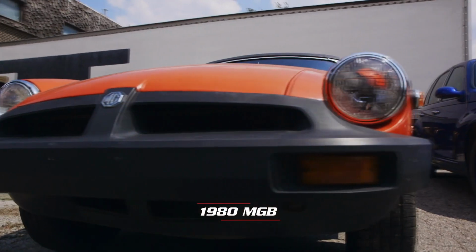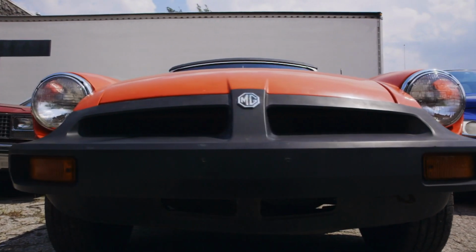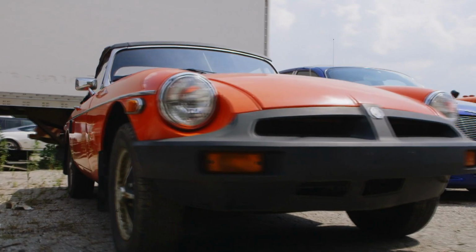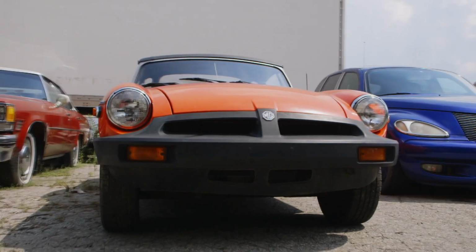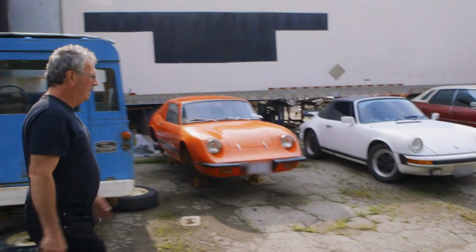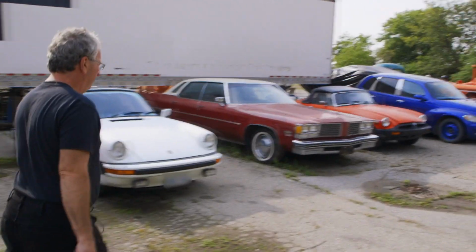I got a call from a lady that just recently moved from Calgary to Toronto, and she has an MGB that she's complaining ran really, really well in Calgary, but is not running well in Toronto. Immediately, I thought to myself, there's a 3,000-foot difference in elevation, and this is a case of altitude sickness. The higher you go, the thinner the air. So the thinner the air, the more fuel that the carburetor gets,